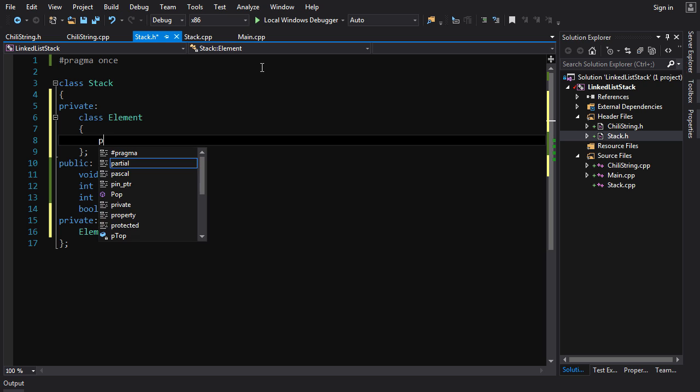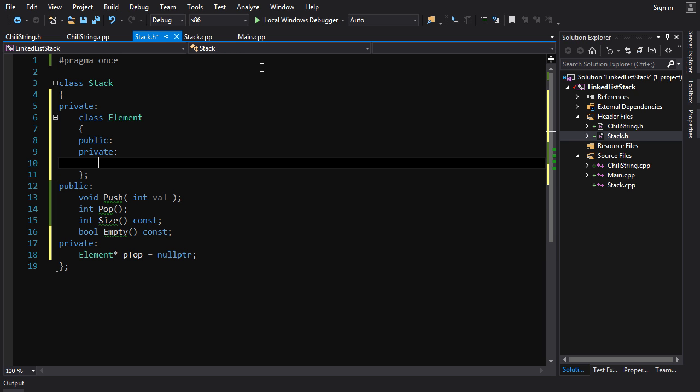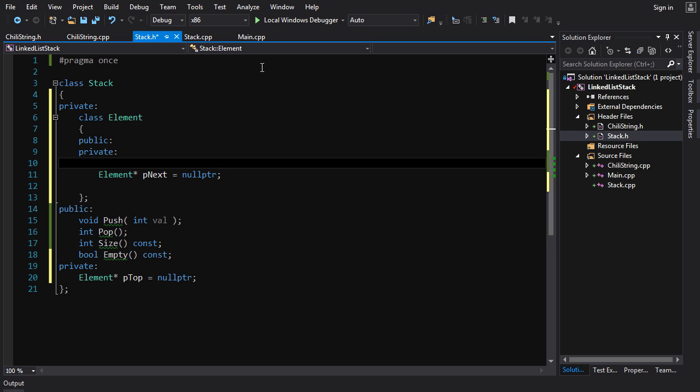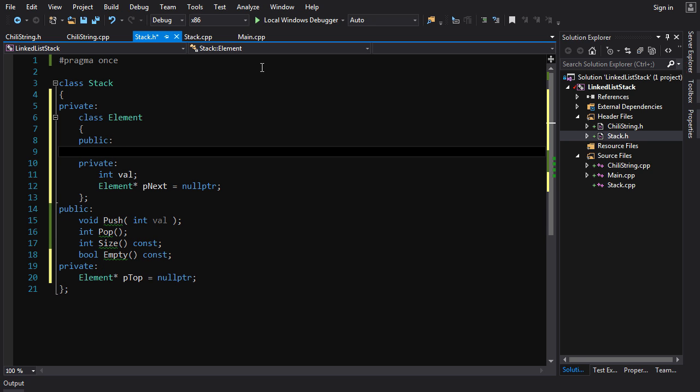So we'll go public, now private. So element is going to have an element pointer to p next, set to null pointer initially, and I guess I'll put this at top, it's going to have int value. That's the payload value that is going to be held. That's what's actually going on the conceptual stack. So element,